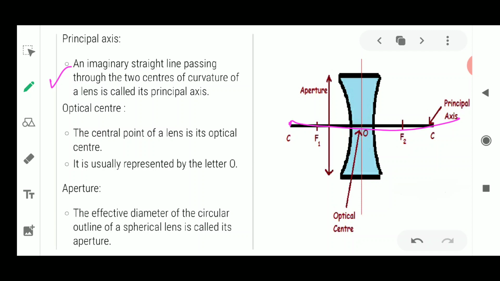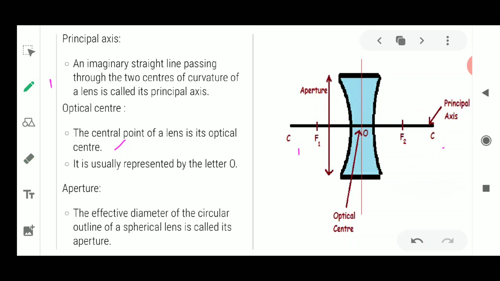Okay, next thing we are going to study is the optical center. Optical center means the center of the lens. It's very easy, it is the center point of the lens. It is generally represented by the letter O, and the principal axis is not represented by any letter, as in the mirror also. You could write XY or any line when you have to explain ray diagrams. Now, the center of curvature is represented by C1 and C2, and the optical center is represented by O. Please remember the letters also.